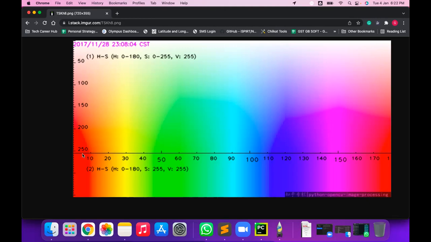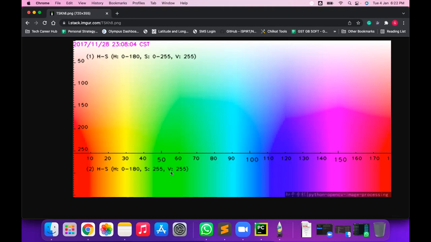Okay, you see here, suppose this is green color. This horizontal line is the hue, the vertical line is the saturation, and the value.